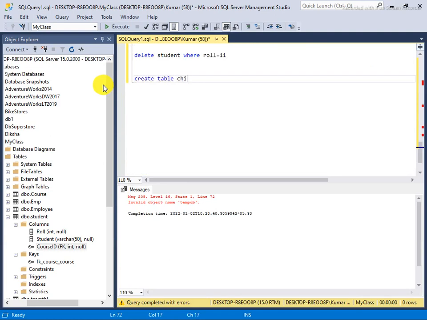Create table parent, and I say here blood group, where I say 5 digit only, and again city, where 20 digit. So I am going to use it as a primary key, so I will say not null.